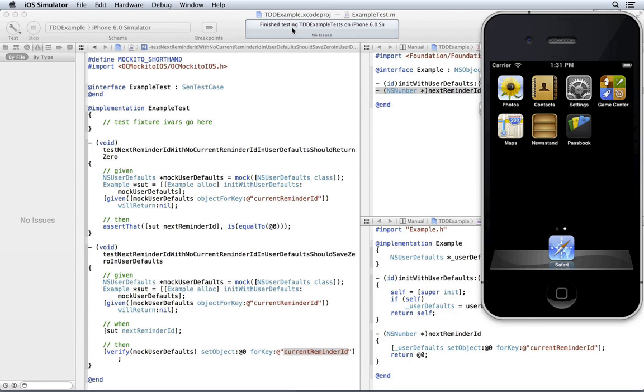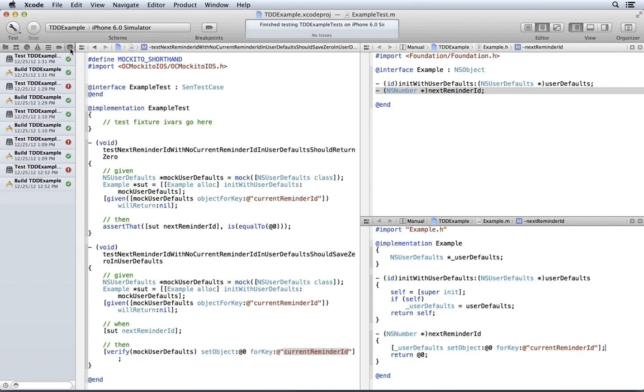And it finished testing, and this time we passed. You can check the log. There's a green check mark over here to say, just to look back and see where things passed and failed. So this is good. We've done step 2. We're not done. Step 3 is to refactor.